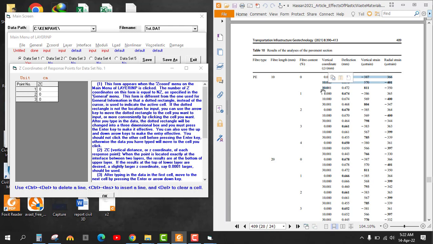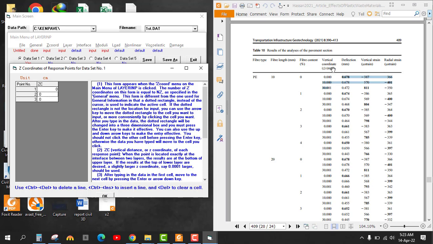For this we have to write the vertical coordinate depth. Here the depth is 0, so we will write 0. When you just enter the value, it goes from left to right. It means that the software takes your values, and here we have not entered a value yet, so it's on the left side. Again we will put a value here,